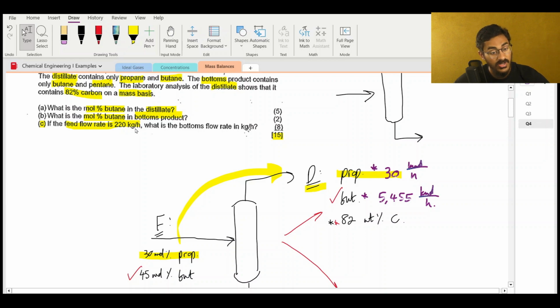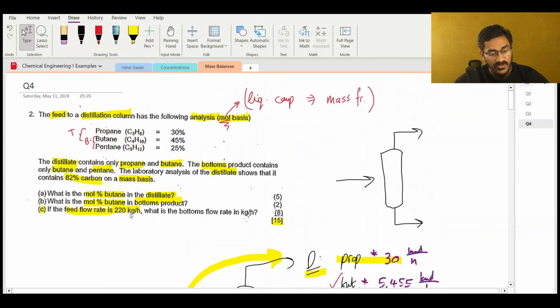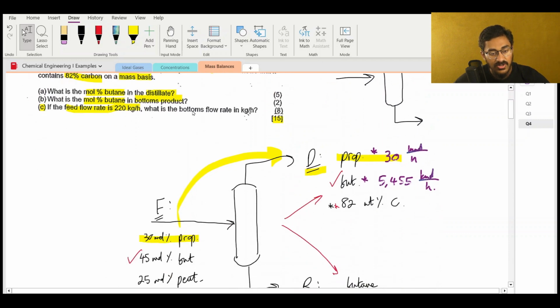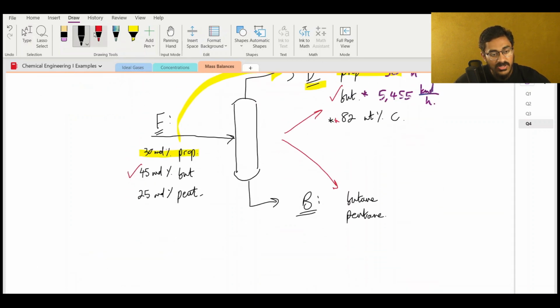So you know the mass flow rate. And if you know the mass flow rate and you know the mole composition of the stream, do you agree you can find the number of moles in the feed stream? And if you know the number of moles in the feed stream, then please calculate the bottoms flow rate in kilograms per hour. So I just want to make a note here as well that this bottom stream is composed